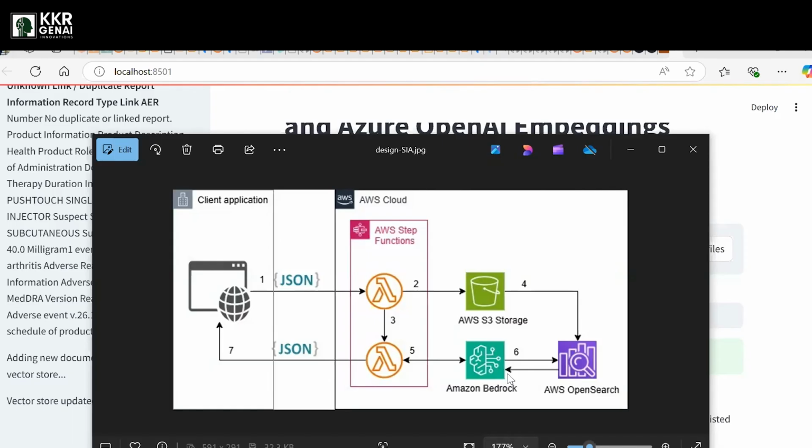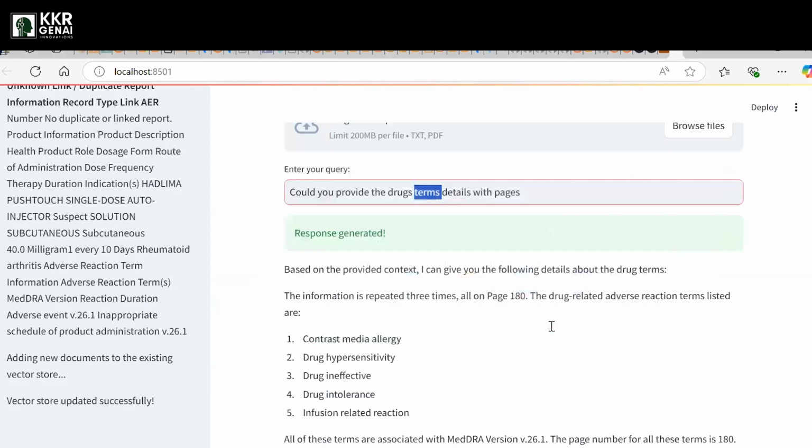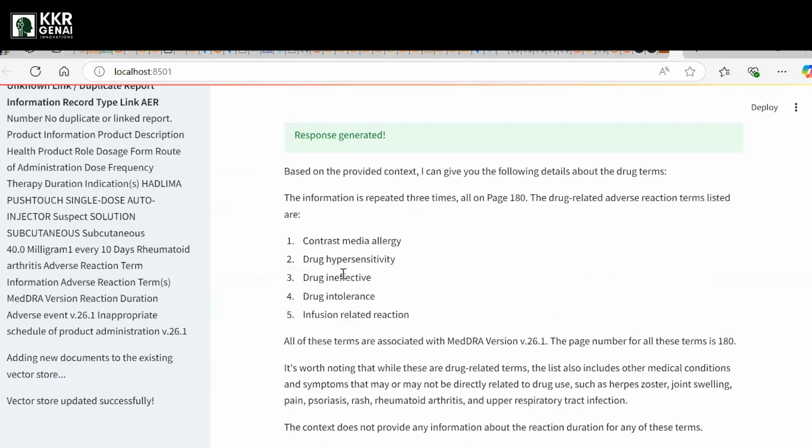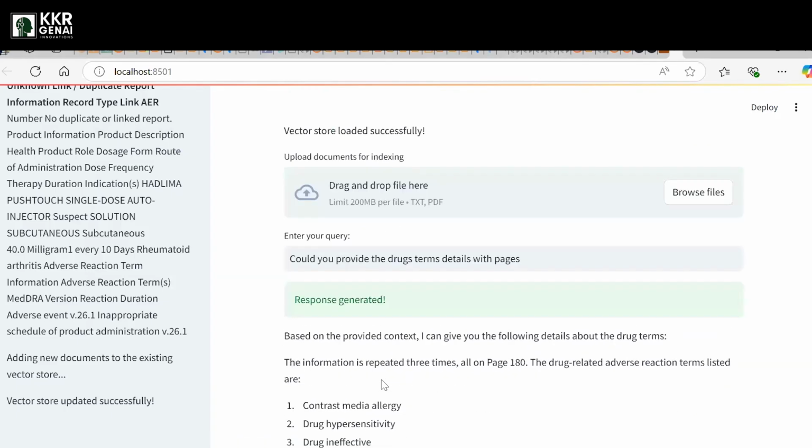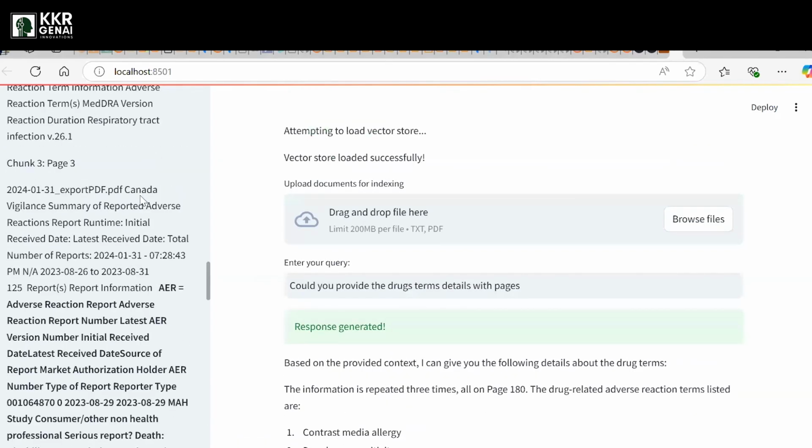Then it will send to Amazon Bedrock, that is, to the LLM. If you get multiple pieces of information, you need to take one final result, right? That final result can be produced by the LLMs by invoking Amazon Bedrock services like Claude or ChatGPT models. Then that final output will be sent to the user as the respective output. You can see that these are some drugs that are also extracted. You can upload some other documents as well.